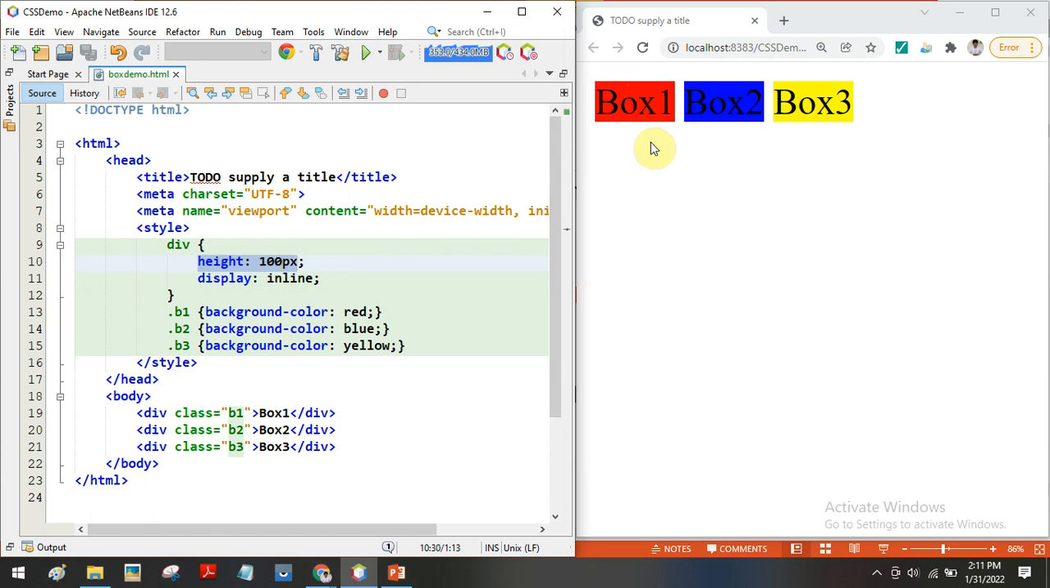For inline elements and block level elements, the height and width you cannot change, okay. But of course you can change margin, padding and all. Only width and height will not be applicable for an inline element. But still, if you want to apply width and height as well as you want inline also,